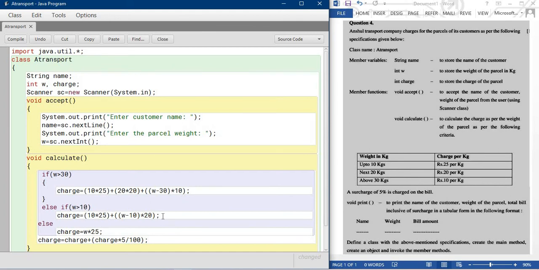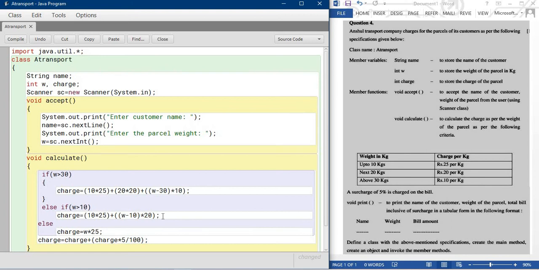Suppose you are buying a product whose amount is 100 rupees. Suppose you got a discount of 10%. So you are paying 90 rupees, because your total amount is 100 and the discount amount is 10. How do you get 10? 100 into 10 by 100.